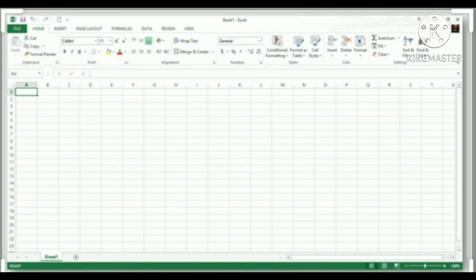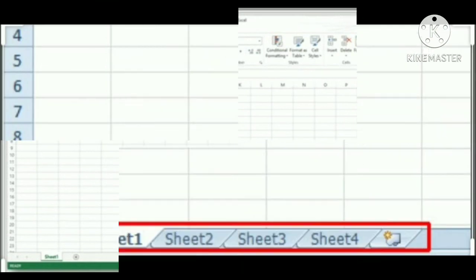You may change the name of the worksheet by right clicking on the sheet name, and they are numbered automatically from Sheet 1 to 255. Workbook. An MS Excel document is called a workbook. The default names of the workbook are Book 1, Book 2 and so on. A workbook is a collection of one or more worksheets. You should store related worksheets in the same workbook to keep them together.